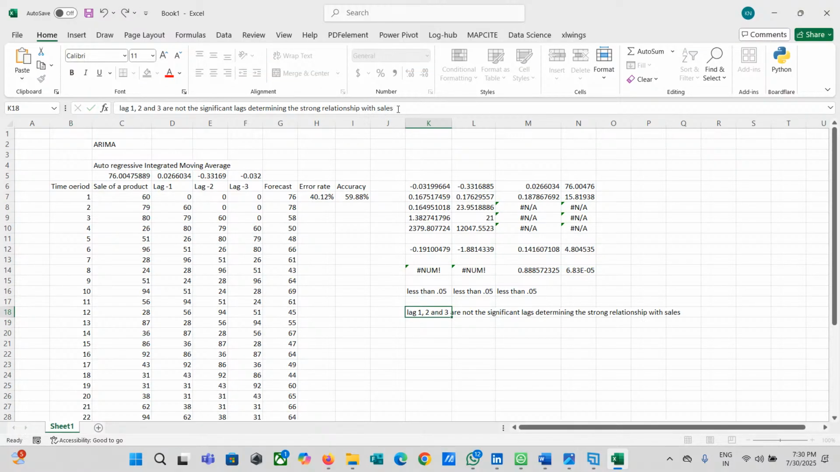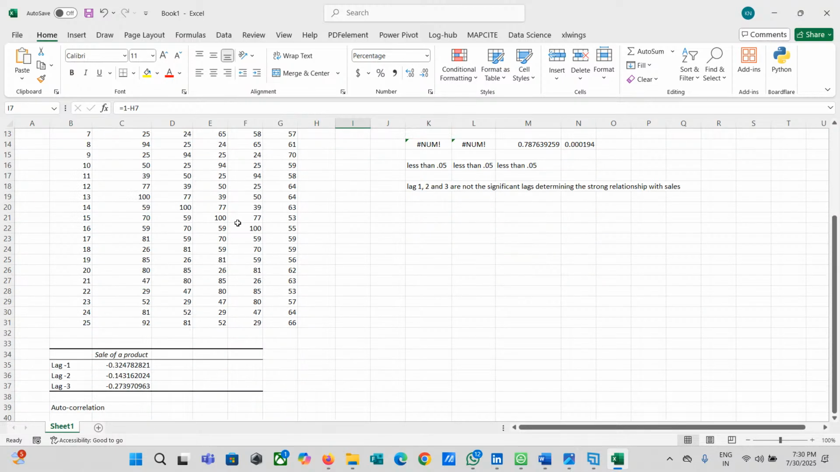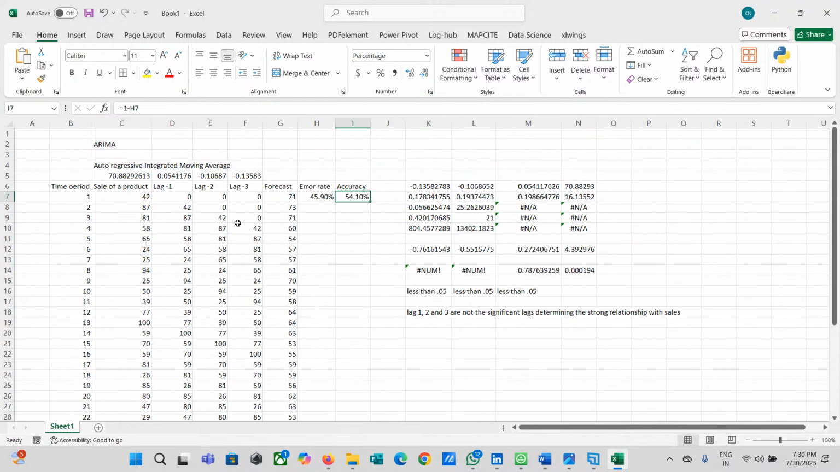So it's very clear. In this case, the lags are not very significant, so that's why we are getting a poor R square, this 0.05, and the error rate is almost 45.9%, which is not acceptable. Accuracy is 54.1%, which is not acceptable. So I just wanted to explain what is autocorrelation and what is auto